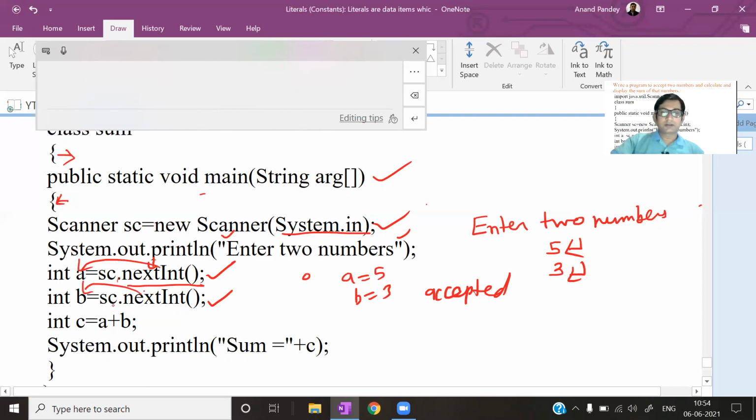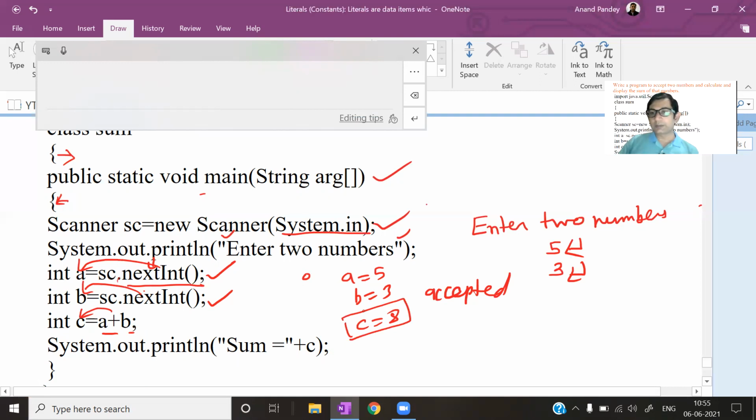Now here a plus b, in this line we are adding two numbers. a plus b will be what? 8, and that will be stored into variable c. So the value of c will be 8. Now coming to the next line. See, in this line, we have added the value of a and b. Simple addition, there should be a semicolon. And that we are storing into the variable c. C is what? 8 here.